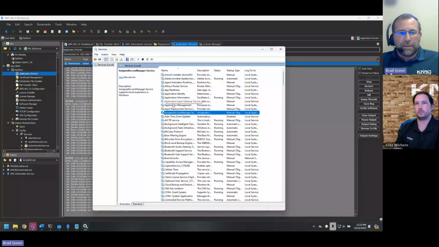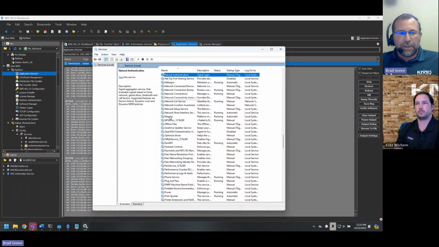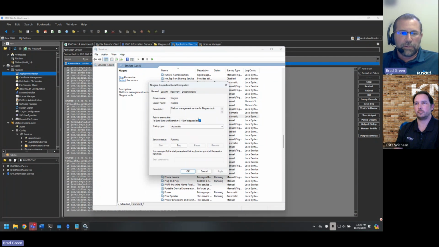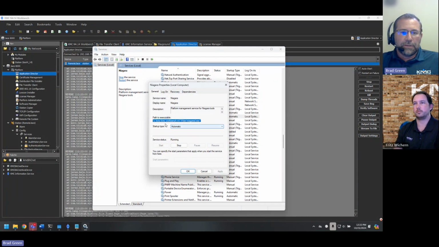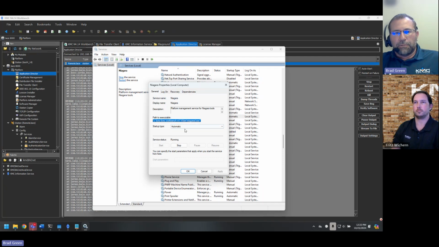And in this list, if you filter down to Niagara and just look at this, it's going to tell you what daemon you have running under the path to executable. So this is really helpful if you're running into situations, because if you launch 413 right now, you're going to be able to open the platform, you're going to be able to open a station that's running, and it might be some bizarre happenings going on.